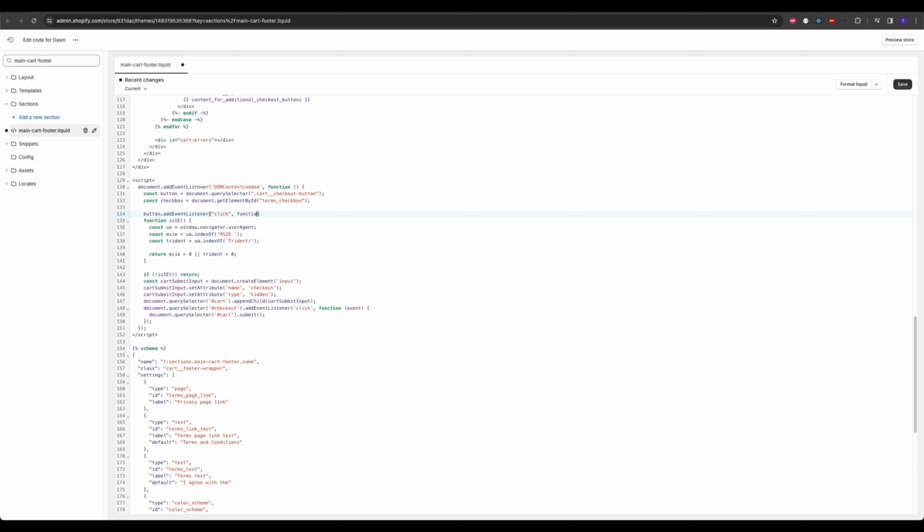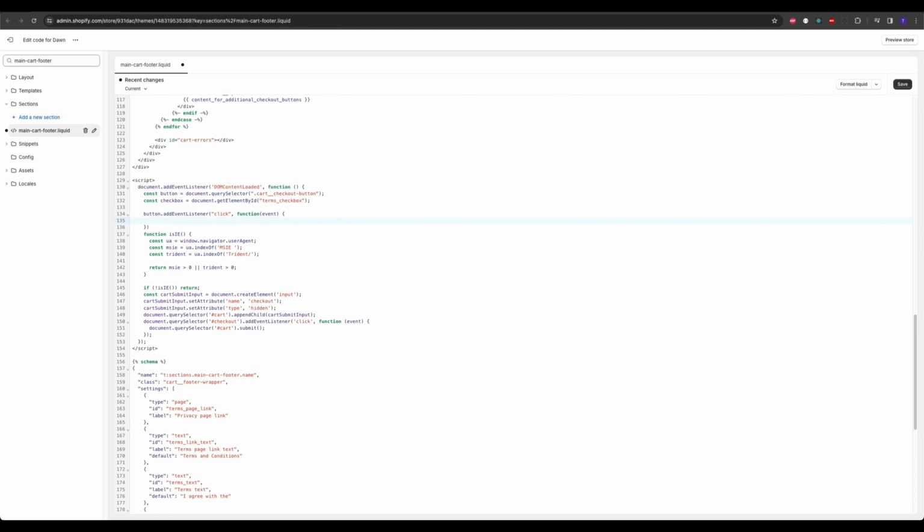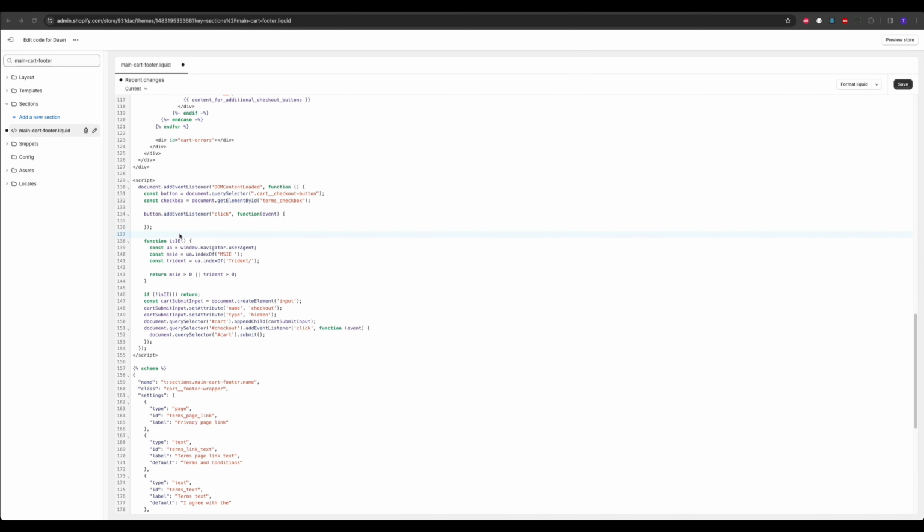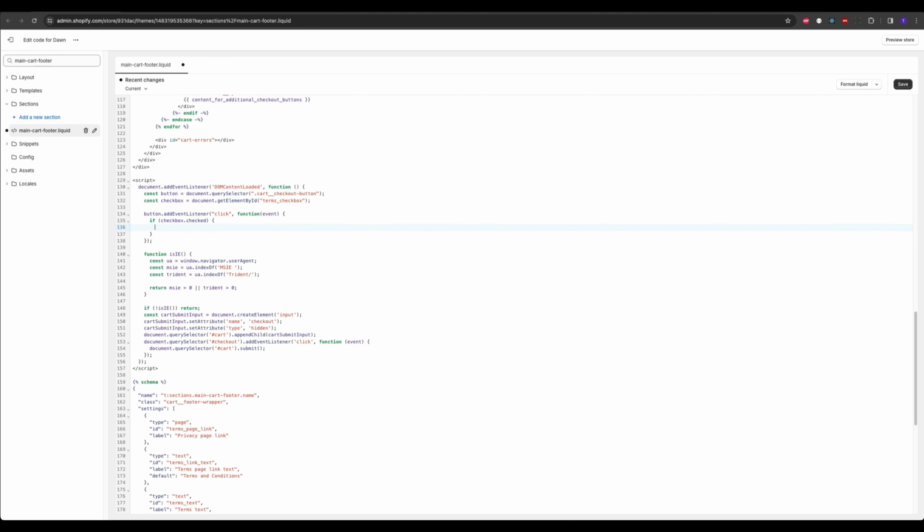So I'm going to say function event. Inside our event listener, I want to check if customer has selected the checkbox. So we need to create here if statement, if checkbox checked,